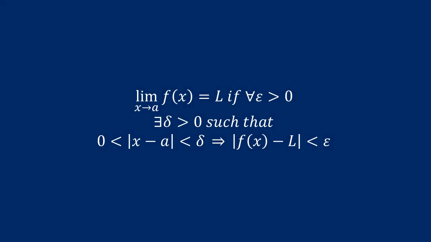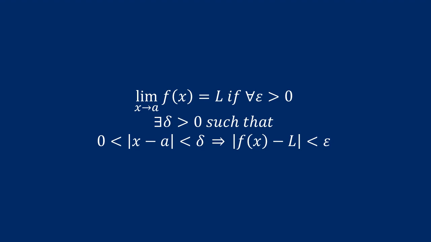And although it might look a little bit intimidating at first with all the different symbols, it's actually a pretty simple statement. And this isn't really necessary for high school calculus, but I do think it is a good thing to think about and appreciate in terms of how limits actually work. This simply reads, the limit as x approaches a of f of x equals L, therefore saying that the limit exists, if for all epsilon greater than 0, there exists a delta greater than 0, such that if the absolute value of x minus a is between 0 and delta, then the absolute value of f of x minus L